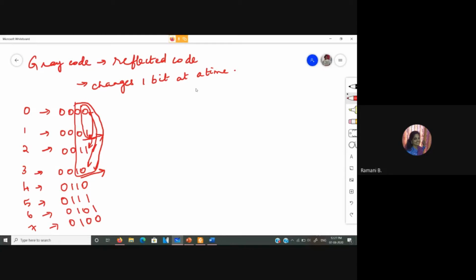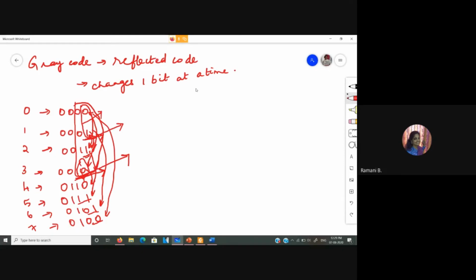Okay, so here we are placing the mirror. The 1, 0 will be repeated here, 1, 1 will be repeated over here, 0, 1 is repeated here, and 0, 0 is repeated in this.